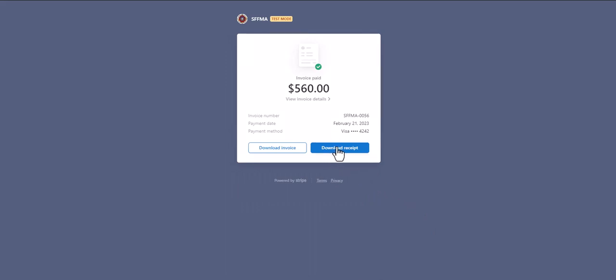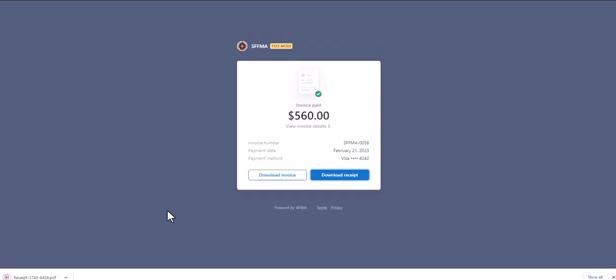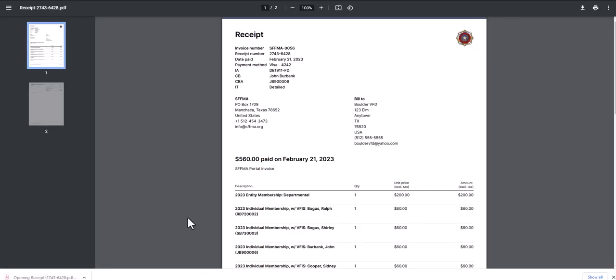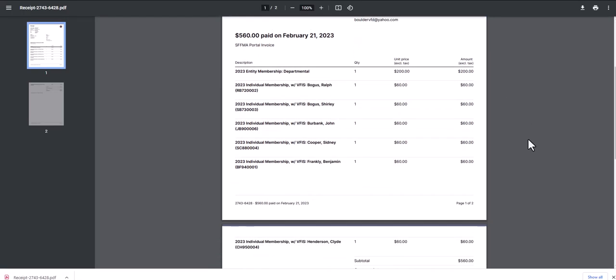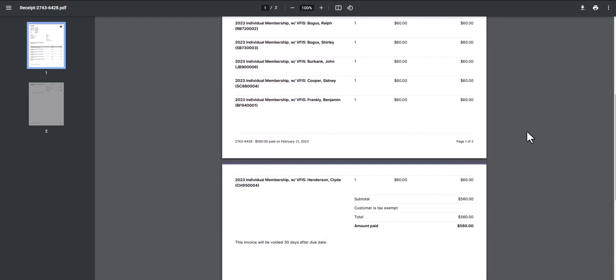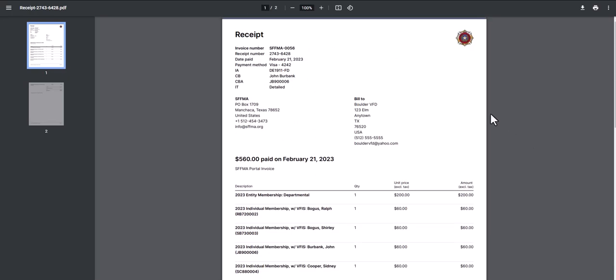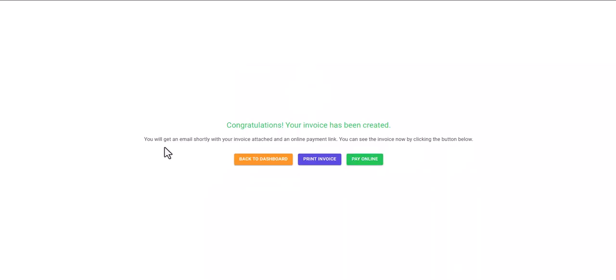He can right here download a receipt if he'd like to. He'll be able to get to that also from his dashboard later if he wants to. But if we go ahead and open it up, here's a receipt for payment if he needs to file that or turn that in for some reason. So that's there for him. And once that's done, you can go back to the dashboard,